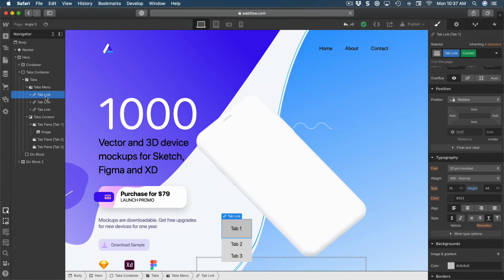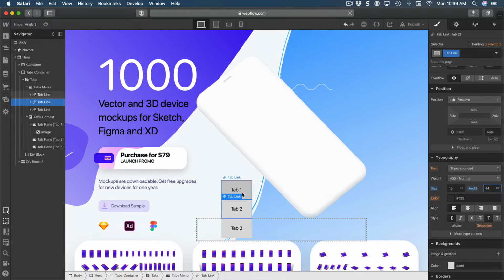Going back to the first tab link, we have the second class, which is in green, and this is automatic. And that's how the combo classes work in Webflow. And it's very, very important to understand the structure of the way that the classes are working. Now remember that we have 44 here, when in fact we wanted to apply to all of these links. Well, we shouldn't apply that to current, and we should just go to the second one and then put 44 so that it can be applied to all three links,